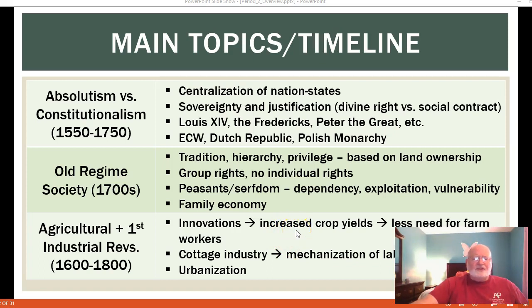The old regime had tradition, hierarchy, and privilege. The nobles were at the top. There was a hierarchy, like feudalism was a hierarchy. And the rich, this was all based on how much land they owned. And obviously, we're going to get to capitalism and socialism in Unit 3. There's all this debate about socialism, but the most common definition of socialism is a philosophy that questions the philosophy of private property. But you can see right here where they're going to get that objection, because the rich are basically people who own the most land. The concept of group rights, no individual rights, peasants and serfs, how they were dependent on their